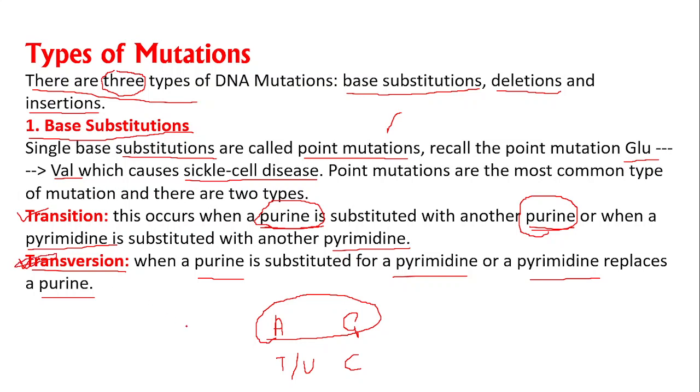What is transversion? It's a type of mutation in which a purine is replaced by a pyrimidine, or a pyrimidine is replaced by a purine. So this is the type of mutation. First type done. Next one,